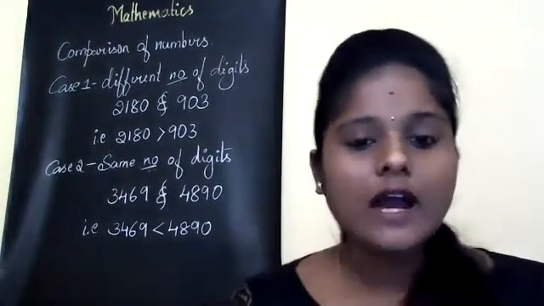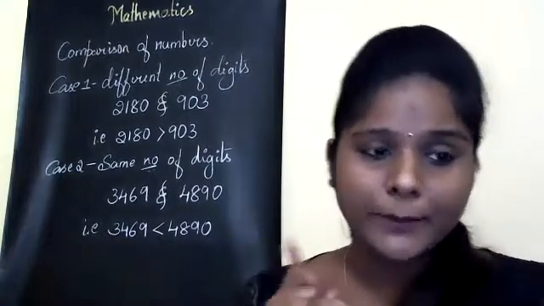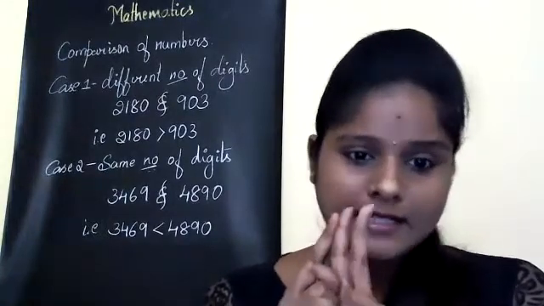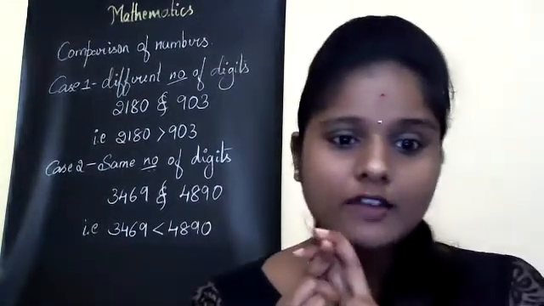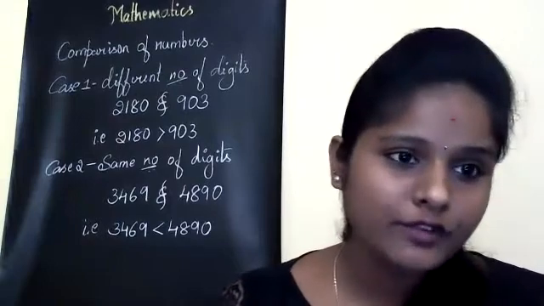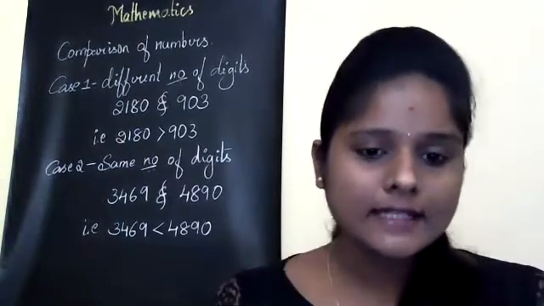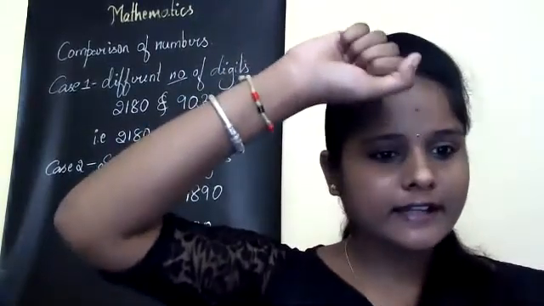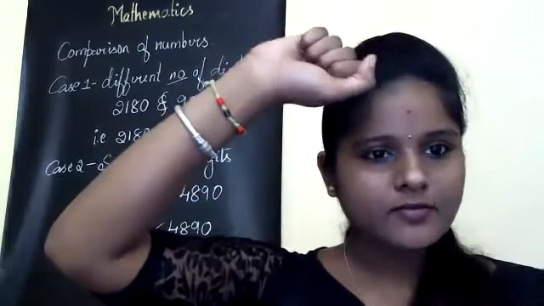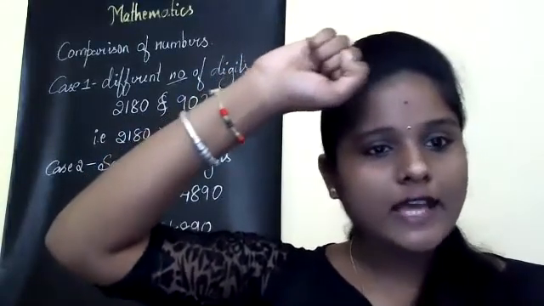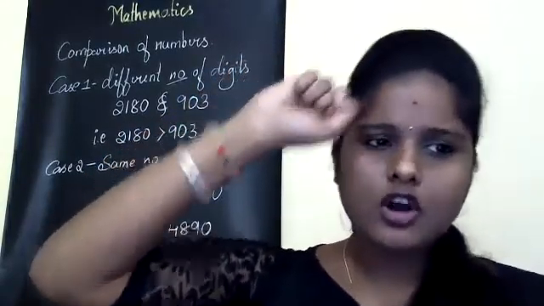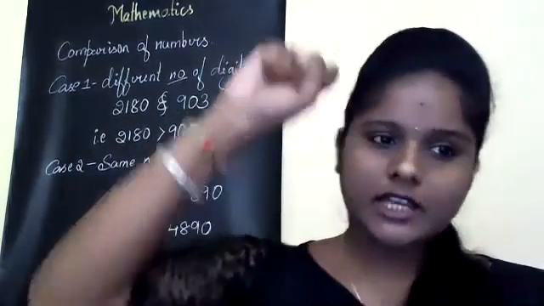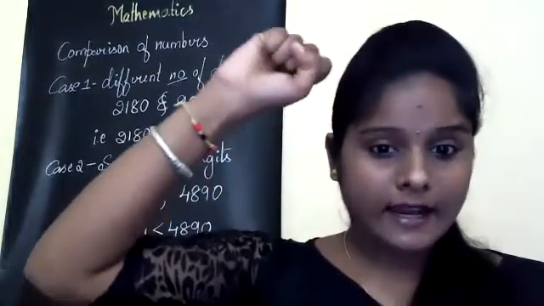Now, I know you all have a confusion between greater than and smaller than. Which side arrow do I have to write for greater than? To remember that easily, I have a tip. I want all of you to hold your right hand like this. Now tell me, is your right hand stronger or your left hand? Right hand, isn't it? We can lift more weights in this right hand itself.